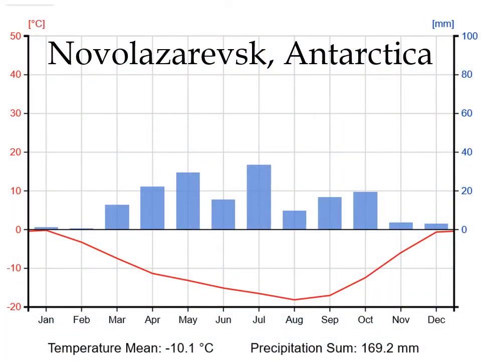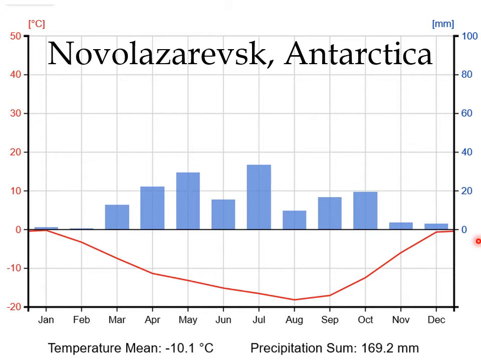This is a typical climate graph from the polar landscape. We can see that it's from the southern hemisphere because it gets colder in July and August, and hotter in December, January, and February. But it's always extremely cold. The average temperature is minus 10 degrees, which is extremely cold. All of the months are below zero, so it's always very cold, and it's also very dry because even when